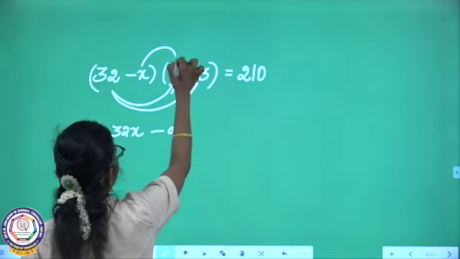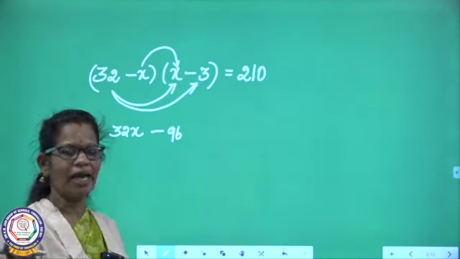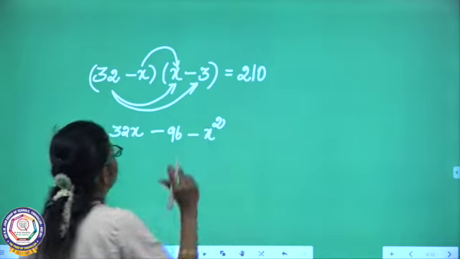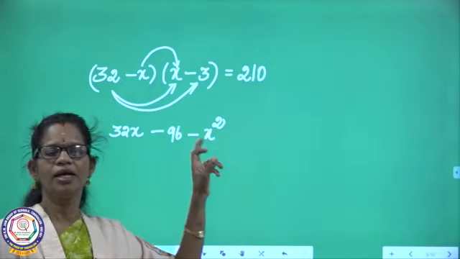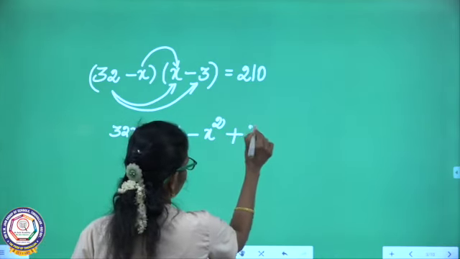Minus into minus, minus into plus, minus x into x, minus x square, minus x into minus 3 plus, x into 3, 3x. So, plus 3x